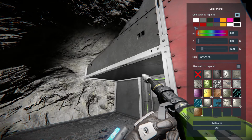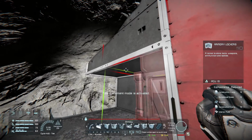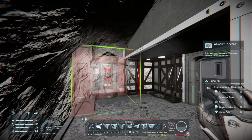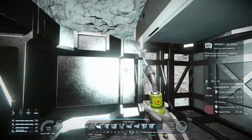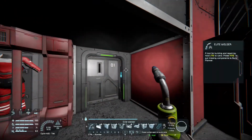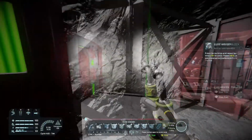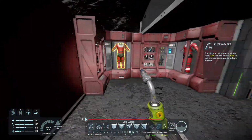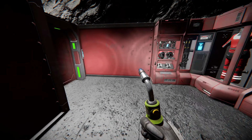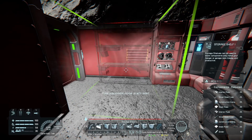Yeah, I'll just put these armory things in, armory blocks. So we'll go for that one there, because that'll keep it nice and open. And I might just put a shelf or something down the other side or another locker, not too sure. That's good. Awesome. Alright, so that sort of fits in there quite well. I will have to do something with that ceiling, and I'll just put the shelf in. And I'm just not happy with that door, so...